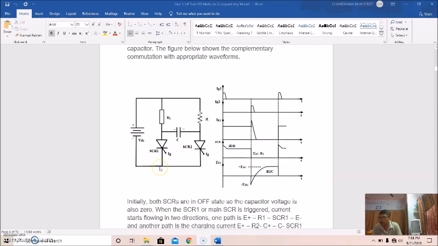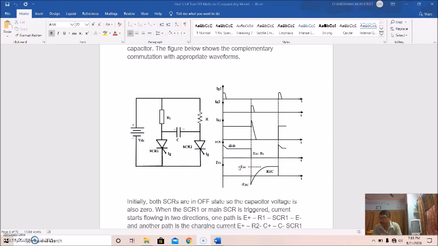At mode 4, thyristor 1 is triggered again and it is on. Thyristor 2 is turned off automatically and immediately as reverse bias voltage is applied across thyristor 2, and the capacitor starts to charge in the reverse direction. At the end of this mode of operation, thyristor 1 is in the on state, thyristor 2 is in the off state, and the capacitor voltage is equal to the supply voltage.